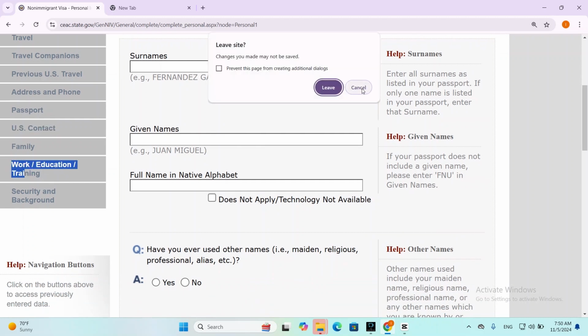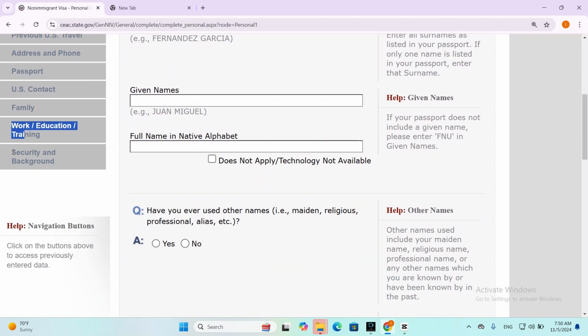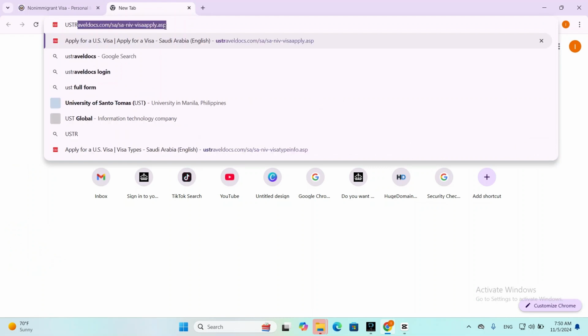After that you have to tell your work and your education, your employment history, you have to write. Education training, you have to tell what your highest education degree is, you have to write complete information. After that you have security questions, you have to read all security questions, then you take, then after that you have to add a photo at the last,